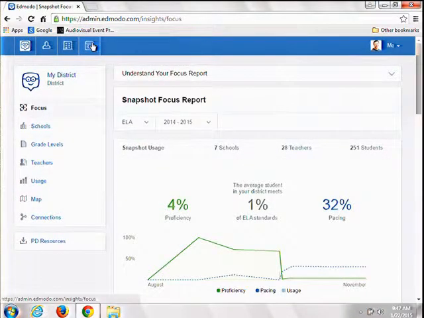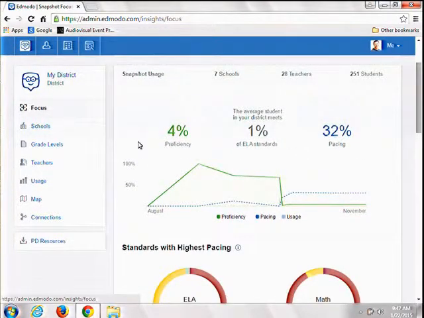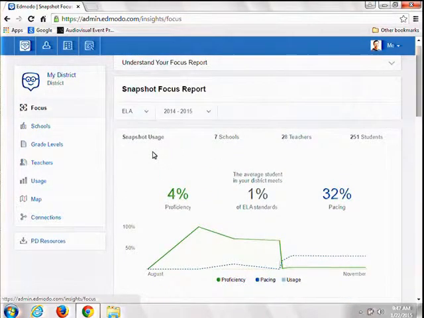On the premium side, we can turn on additional reports within Snapshot for either a building level administrator or a district level administrator. And so these are the types of things that they are able to see. So I can see over time, right now I've got this on ELA for this school year.